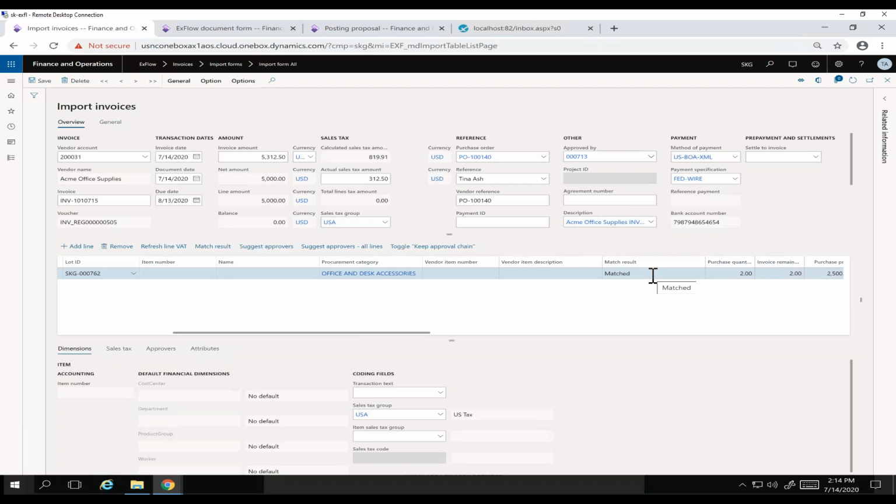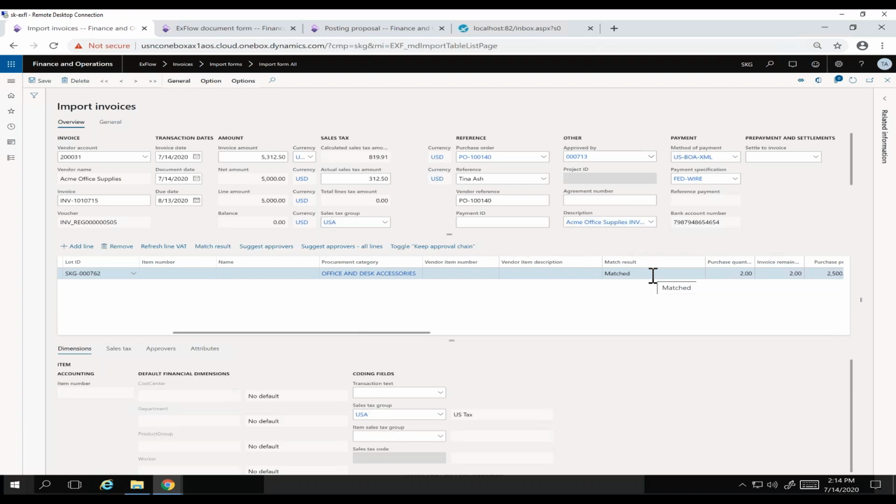So if it can find a posted product receipt, it will automatically match those and move this on to the next step, whether that is out for approval or posting. After those 6 days have expired, if it still does not have a product receipt, it will send it to, in this case, it would send it to me, but it doesn't have to send it to the PO order,